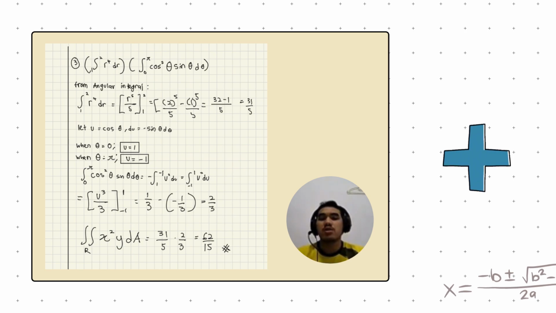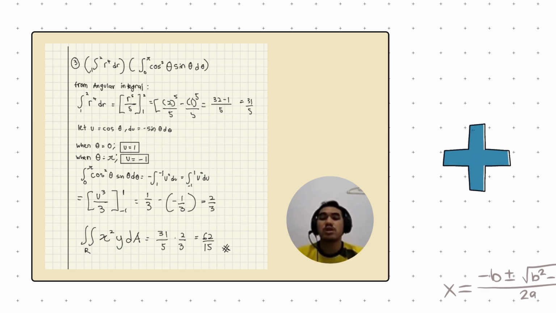For the radial integral, we simplify it and get r to the power of 5 over 5, from 1 to 2. Finally, we get the answer equals 31 over 5. And for the angular part,